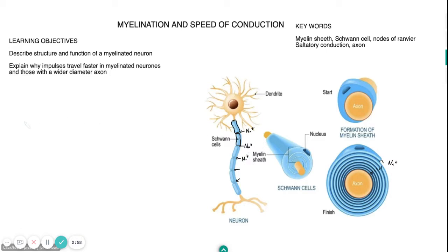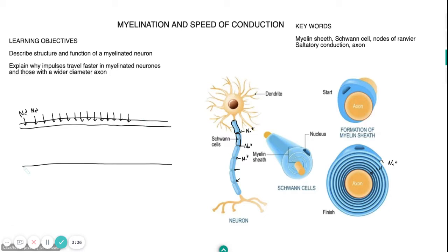So when we talked about the axon before, we talked about how if sodium ions were to diffuse in, that's depolarization, this depolarization will cause another depolarization, which will cause another depolarization, and so on, like a Mexican wave. So when there's no sheath, although this is still really quick, it's a little bit slower because we have to go one at a time, one after the other. So there's our unmyelinated neuron. And now when it's myelinated,